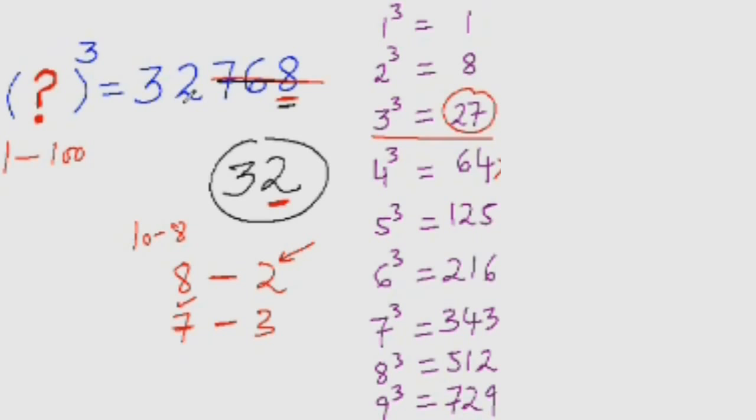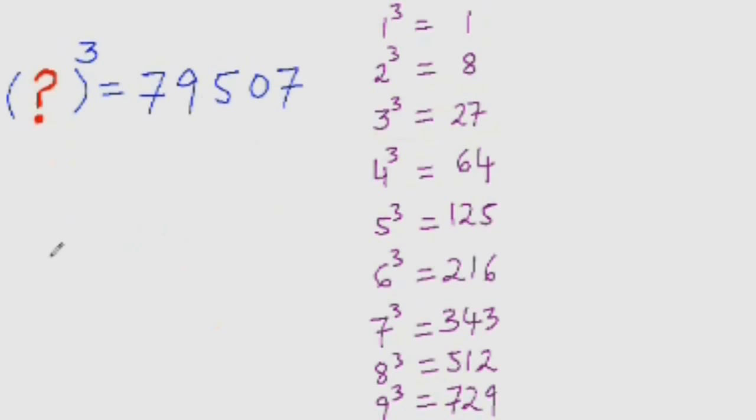Alright, so let's practice more examples of these. Now find out what would be the cube root of 79,507. Look at the last digit here. It is 7, and you know that 7 is a part of a conjugate pair. So what is the conjugate of 7? 10 minus 7 is 3. So write 3 here and immediately strike out the last 3 digits.